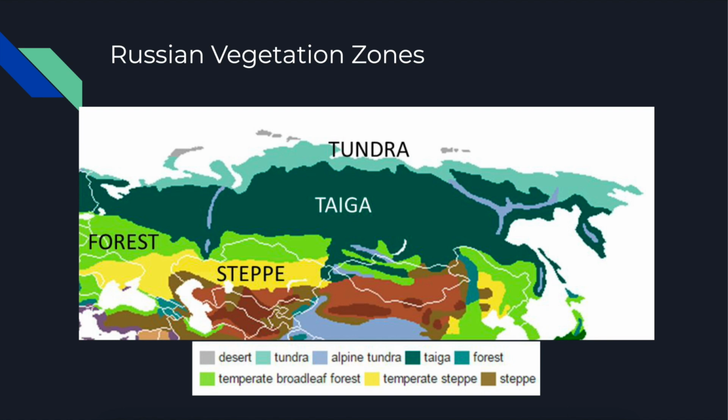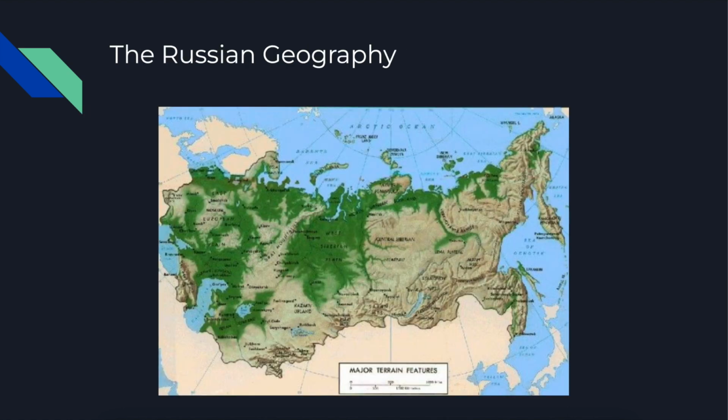And then I'll show you the Russian vegetation zones map again. So early frosts, short growing season, and barren or frozen soil mean that only 10% of all this huge Soviet Union territory can be cultivated, despite 1/3 of the land being arable. For example, in some regions with arable land, the rainfall just simply isn't sufficient enough to produce a yield. Even the rich black soil of the southern steppe has a shorter growing season compared to the American plains.